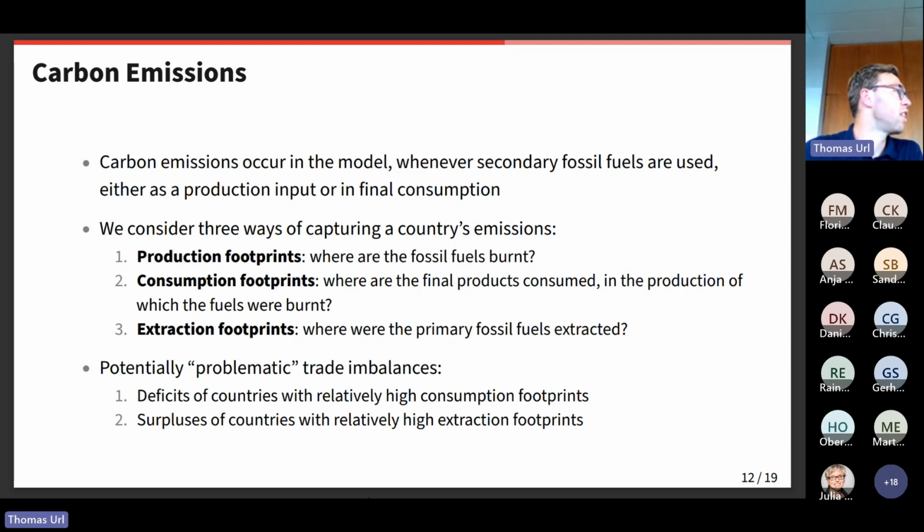This is then the consumption footprint. The consumption footprint is where the goods are consumed. You produce a good, this is then shipped to Germany. In Germany, it is consumed. Then the consumption footprint accounts for the emissions embodied in the good. You caused burning them, and Saudi Arabia caused them extracting it. And these are the three steps.